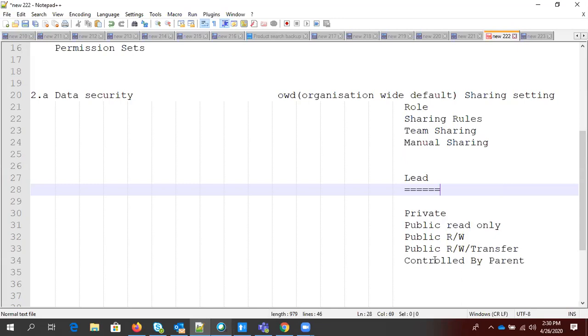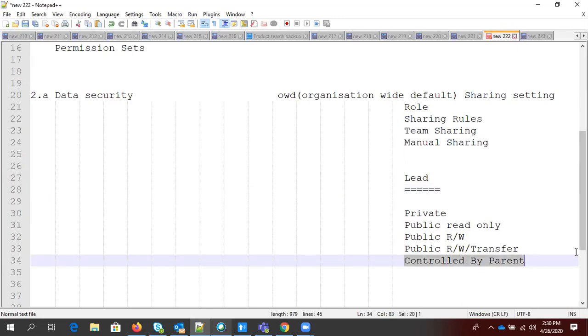Let's discuss what is controlled by parent. Starting from the bottom, we will not discuss it in detail here, but you will understand it. Let's say there is a master detail relationship between two objects. Account and contact have a master detail relationship.